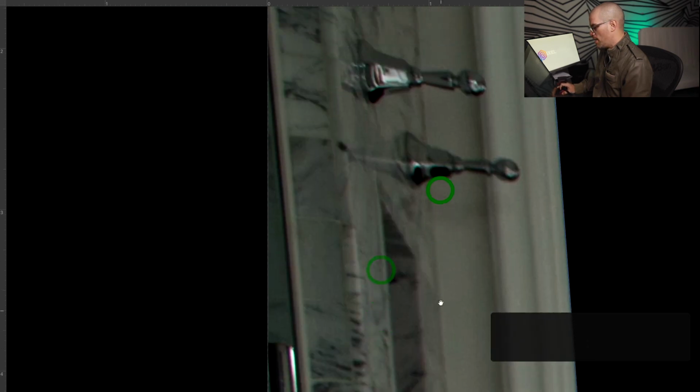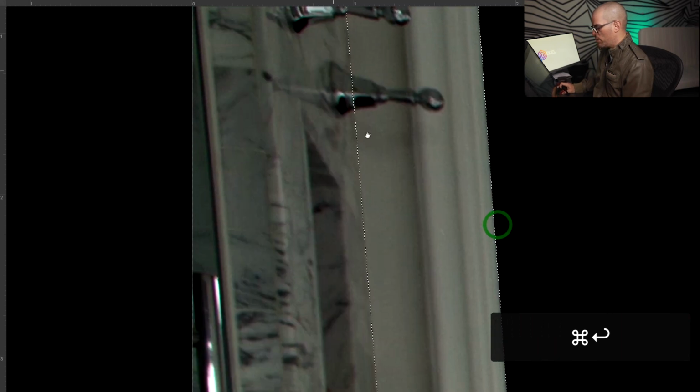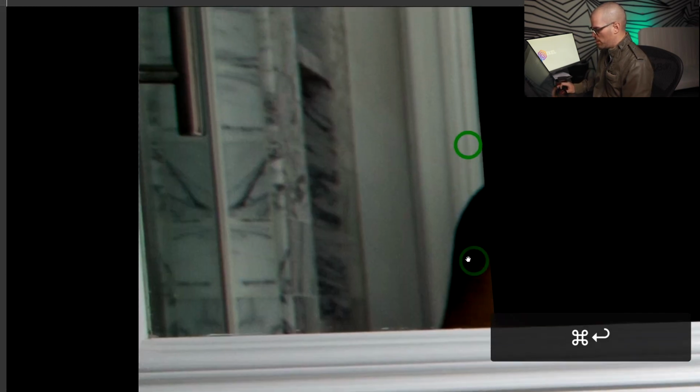I'm going to go right to the edge of this molding where the tile kind of meets that trim piece, because I'm also going to get rid of these guys up here too. So again, I'm going to sample from right here with my stamp tool, line that up,